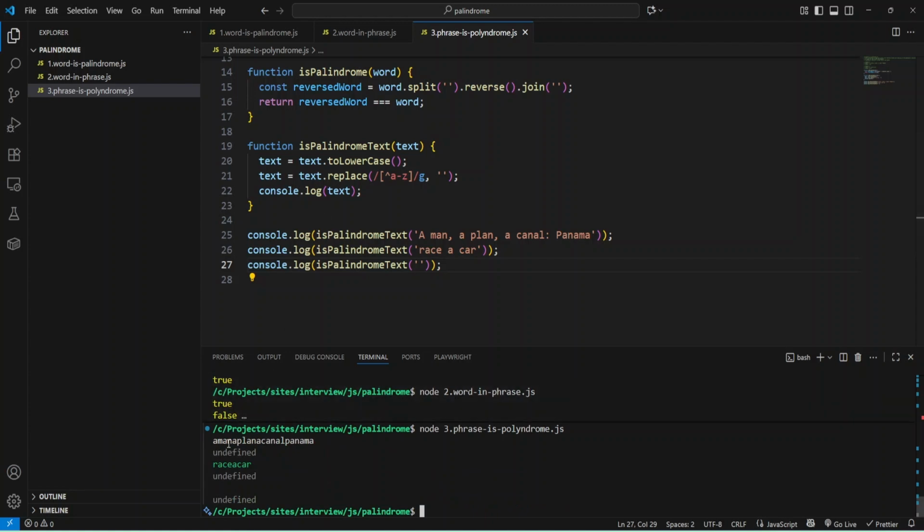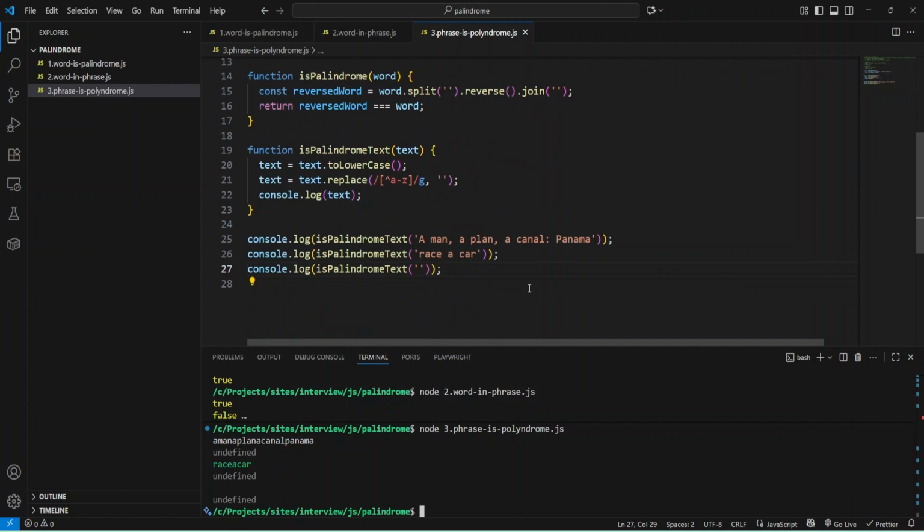And we have "a man, a plan", and as you can see, our non-alphanumeric characters were removed. And also here, we don't have any output, and that's why we see undefined here.